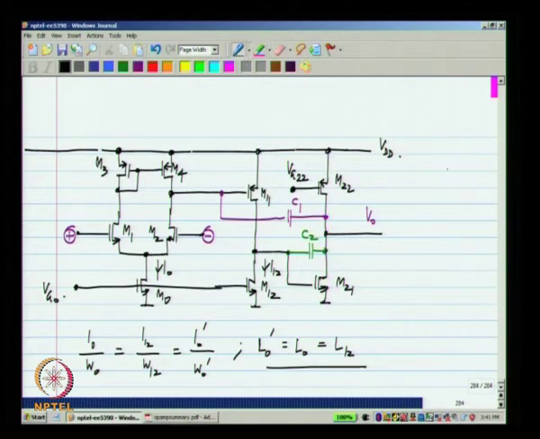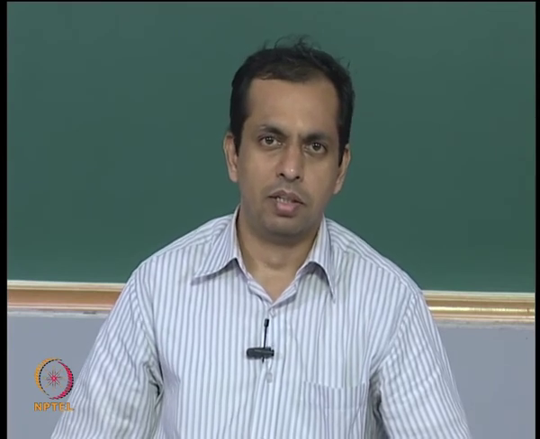Now, how is this biased properly? Because normally if I have something like this, so let us say Ix and this is a MOS transistor, then what is going to happen? How much will be the current through this transistor? Unless there is feedback around this transistor, we cannot say that the current in this will be equal to Ix. Okay. The transistor is a unilateral device, it is only by adjusting the VGS that we can change the drain current. We cannot apply a current to the drain directly and expect the VGS to be established automatically. We have to provide a feedback from the output, from the drain side to the input side to VGS, so that the correct VGS is established for whatever bias current we want to have.